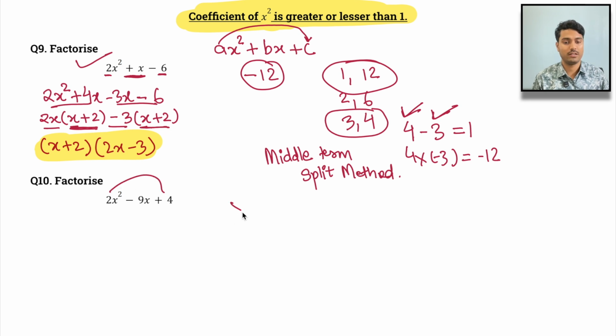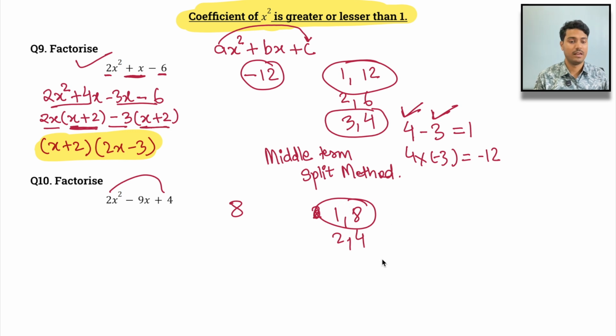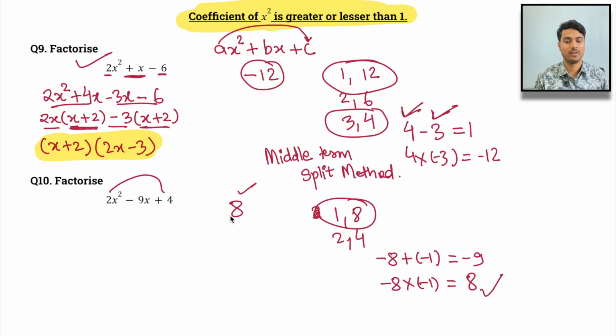2 and 4, 8, and we have to check the factors of 8. So 1 and 8, 2 and 4. So definitely 1 and 8, because 1 and 8 will give us 9. Only 1 and 8 can give us 9 here. And we need negative 9. That means negative 8 plus negative 1 will give us negative 9, and negative 8 multiplied by negative 1 will give us positive 8, because we need positive 8, this one. Just like in the previous case,